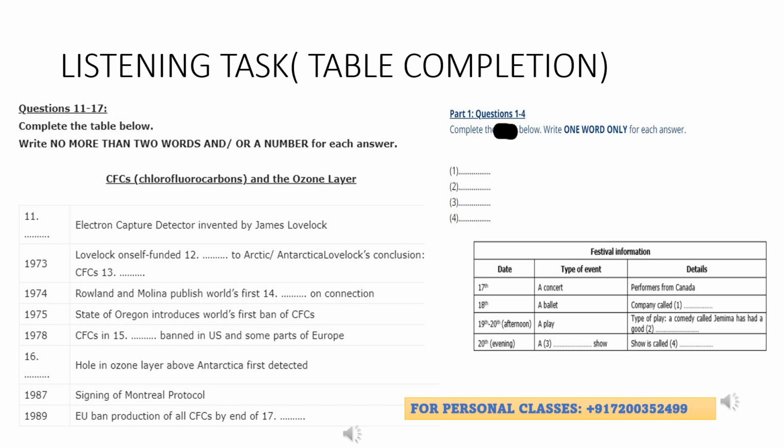The story starts back in 1957, when James Lovelock invented the electron capture detector. This is a machine that can detect very small amounts of a chemical compound in the atmosphere. Indeed, using the machine, it was Lovelock who was the first person to detect the widespread presence of CFCs in